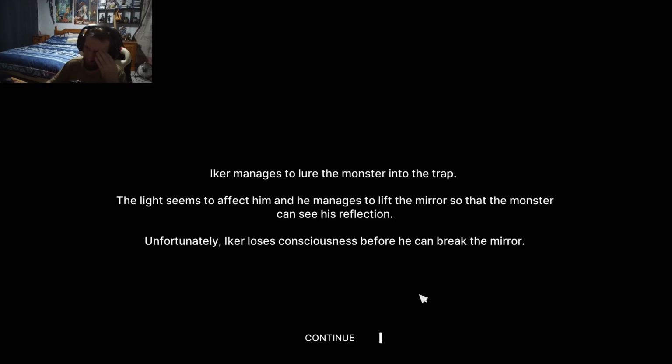Iker managed to lure the monster into the trap. The light seems to affect him and he managed to lift the mirror so the monster can see his reflection. Unfortunately, Iker loses consciousness before he can break the mirror. Oh no. Oh hell no. So,